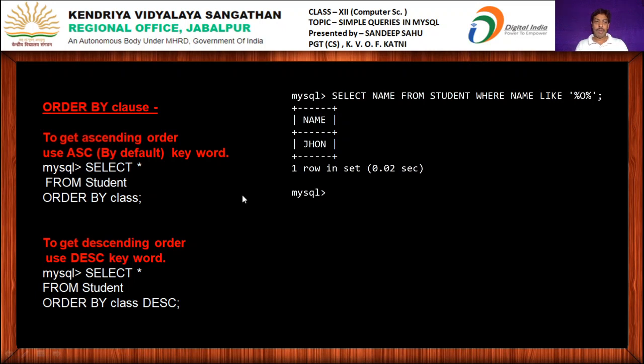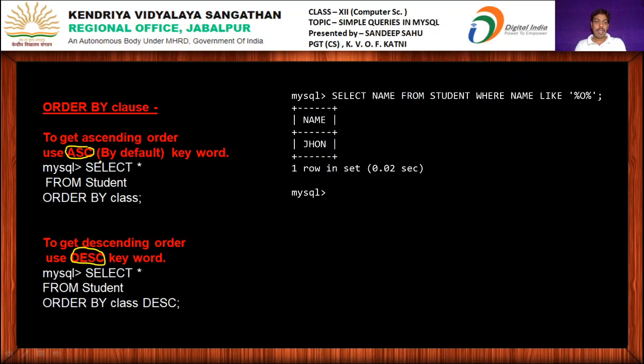Now let's talk about the order by clause. This clause is used to arrange the data either in ascending or descending order. For this purpose, we use ASC for ascending order and the DESC keyword for descending order.